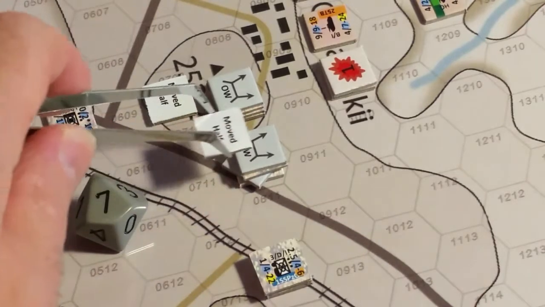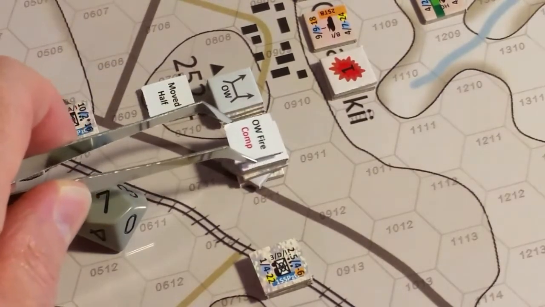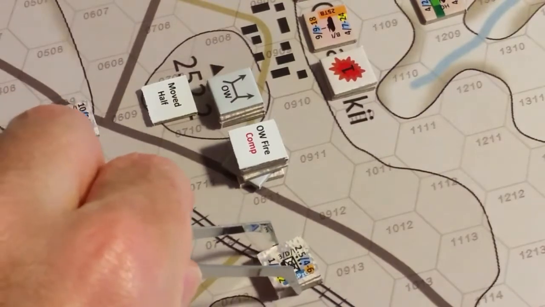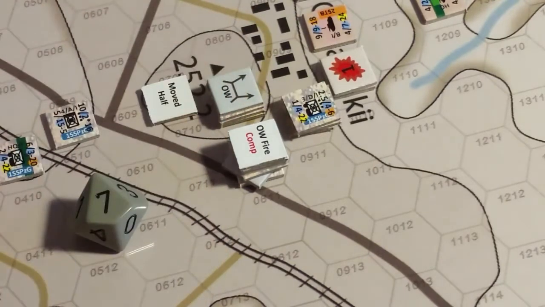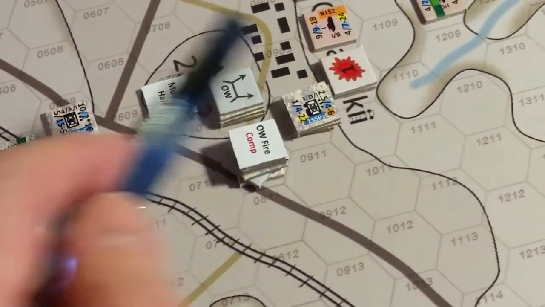And by the way, just to keep everything clear, we do have Overwatch fire markers as well. So they are Overwatch fire complete because they use primary and secondary against that. So the idea is, for example, if the Germans are going to move one more, and there were another Soviet unit over here that wanted to do opportunity fire against that same moving unit stack, this